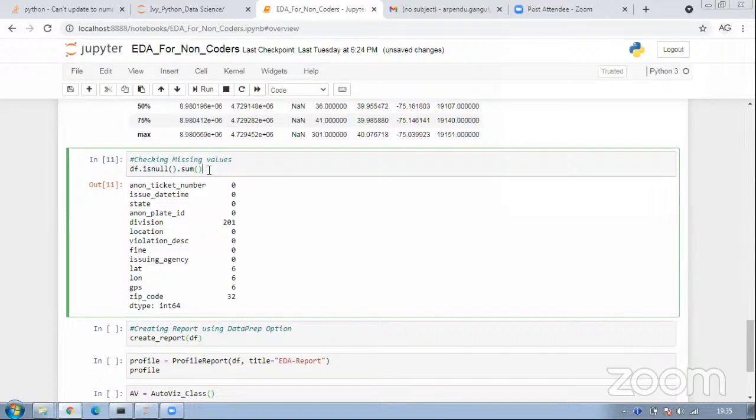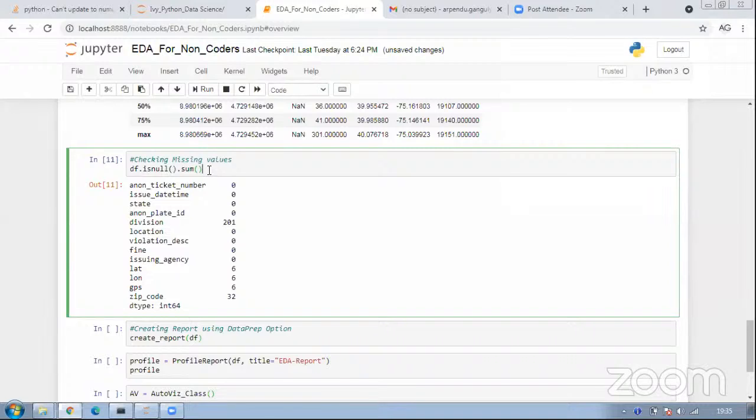But what if I don't want to do a lot of coding? What if I have just one line of code and it gives me most of the things that I want? It's a report, which I can use and basically derive insights from.